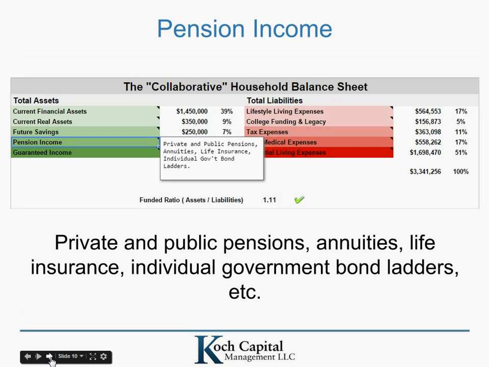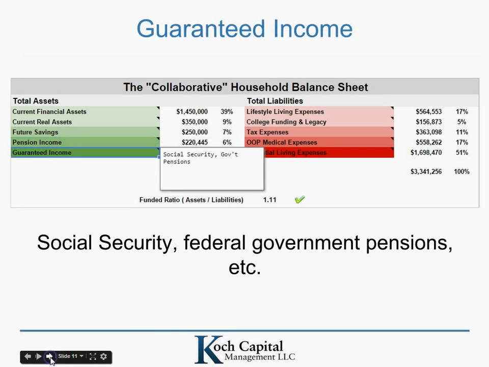Next up is what we call pension income. Now we're getting down to more safe income-based sources. So this, for example, would be any type of defined benefit pension, if you're lucky enough to still have one, annuities, and we put life insurance in that area, and individual government bond ladders. So you're buying individual government bonds to help fund. And then the final